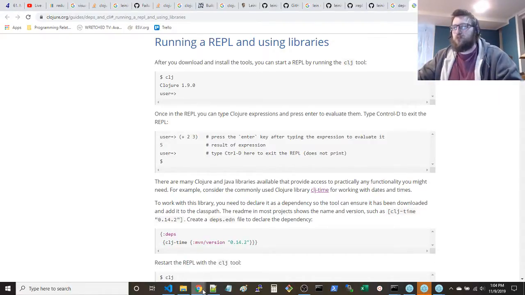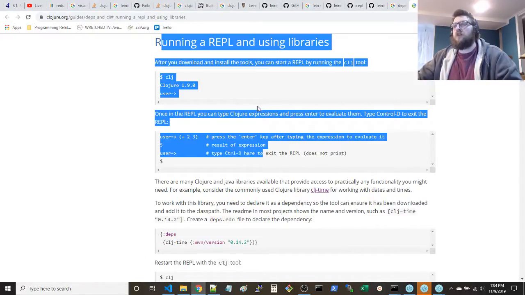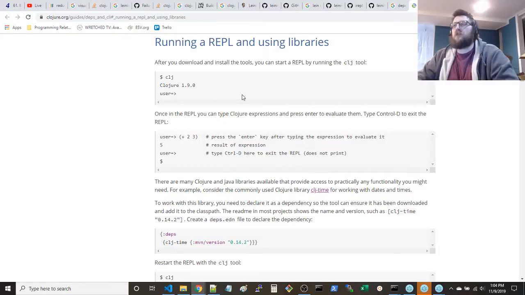Okay. Running a REPL and using libraries. CLJ tool.